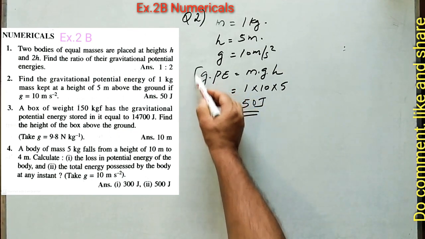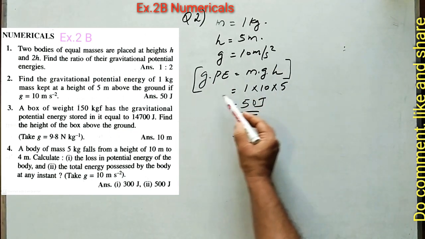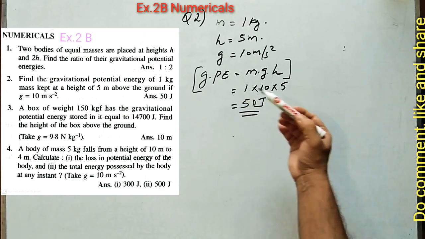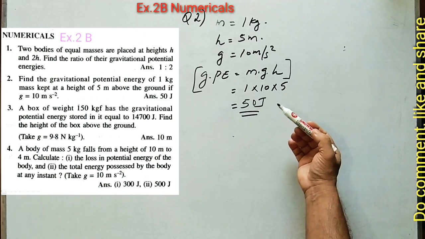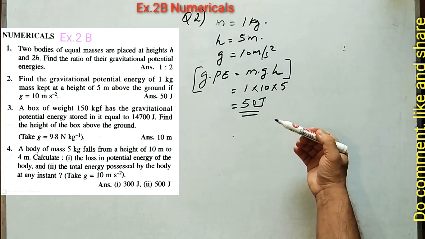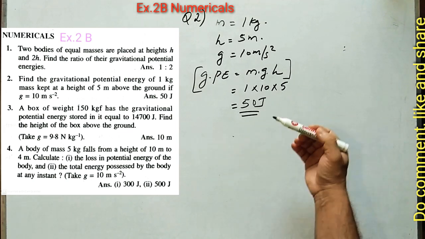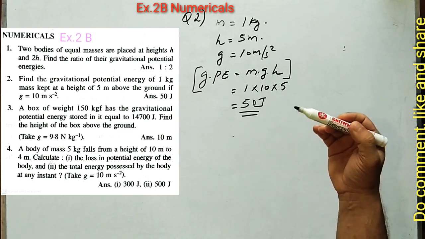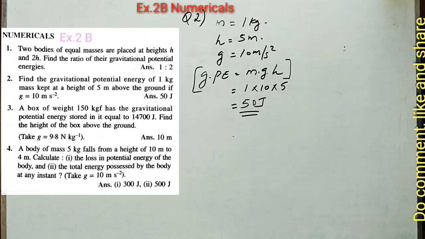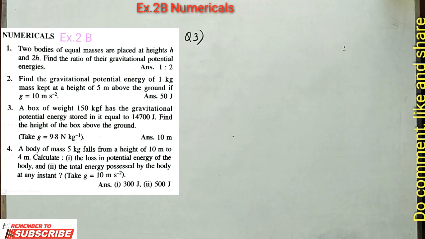So remember the formula. While solving numericals, you have to read the problem, then collect the data, understand the problem, visualize the problem, and conceptualize the problem. Then you have to correlate with the formula, substitute it, apply simple mathematics, solve it, and get the result with the correct unit. These are the basic steps followed for solving numericals. Clear? Now question number 3.